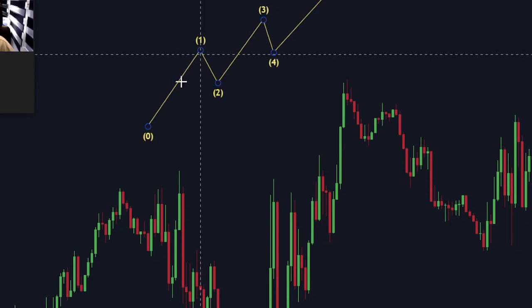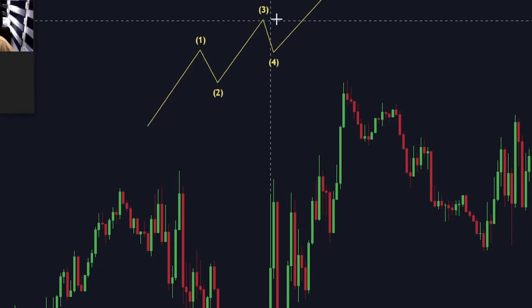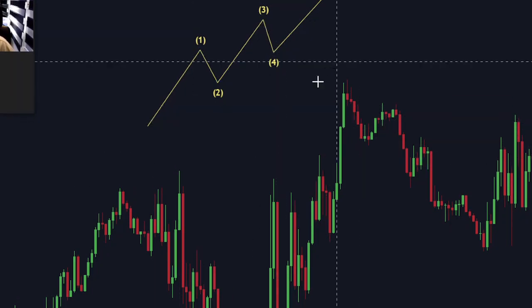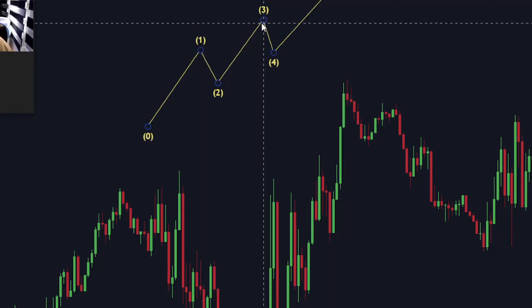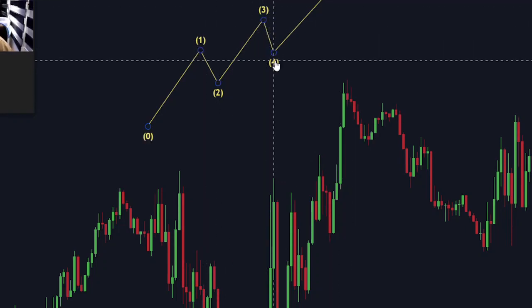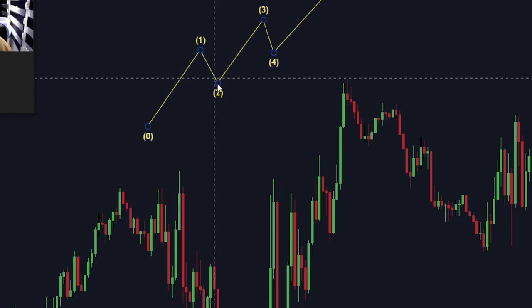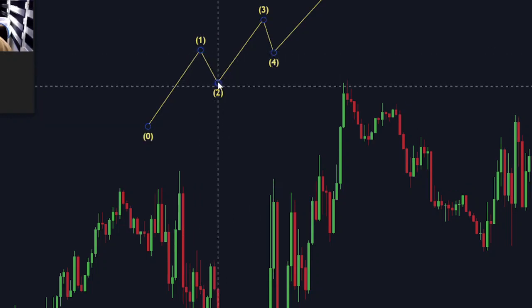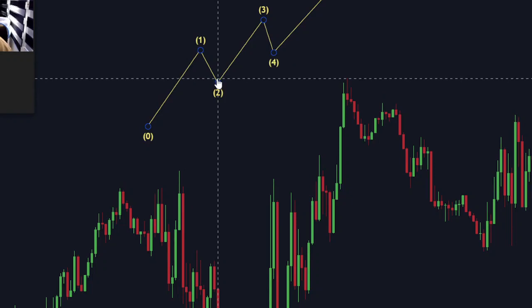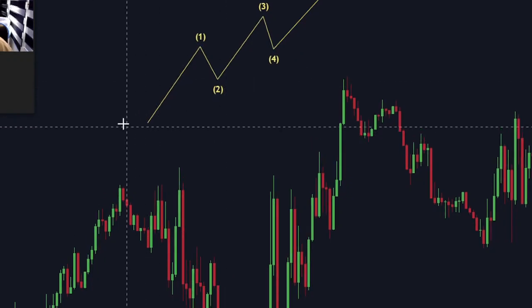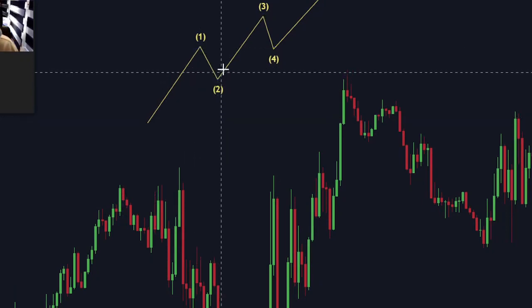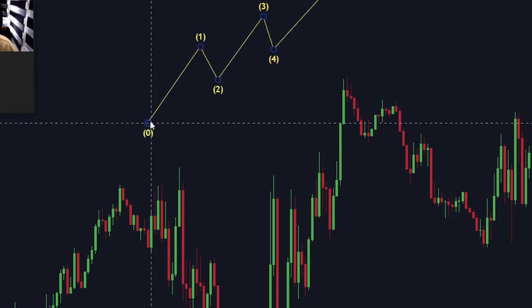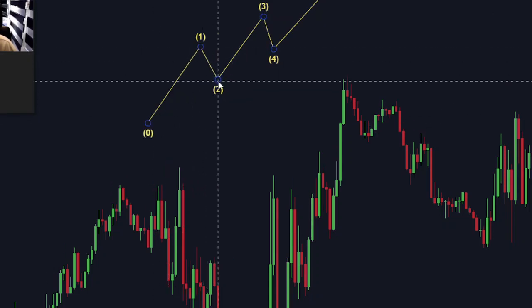So wave one, wave three, and wave five are always going forward. But wave two and wave four are always going against the trend. Do you understand what I mean? Okay. So now for the market to have a wave three, if the market goes up, down, up, down, up,